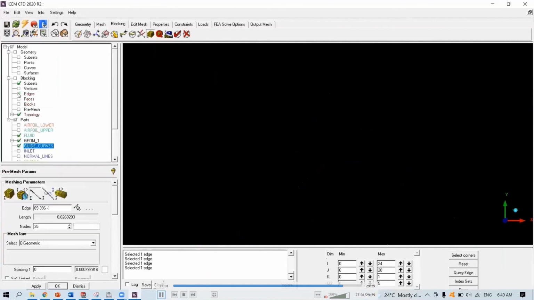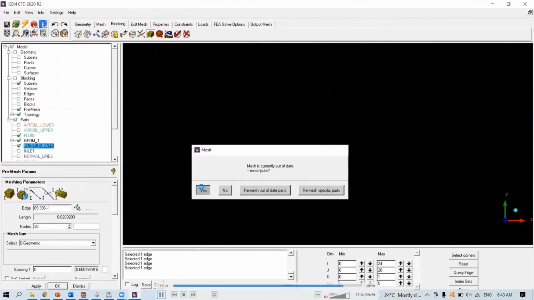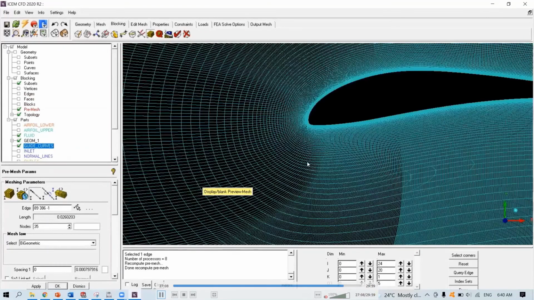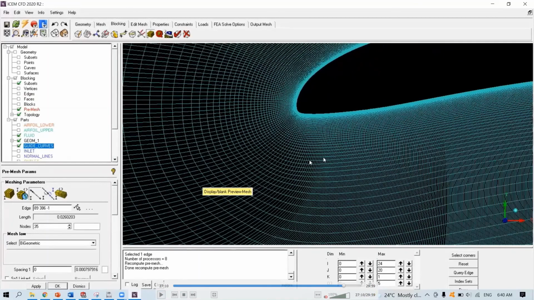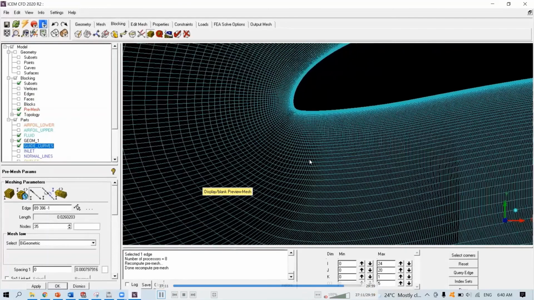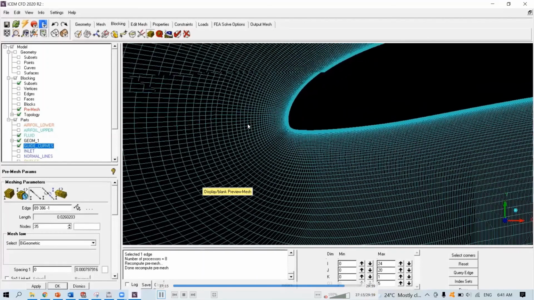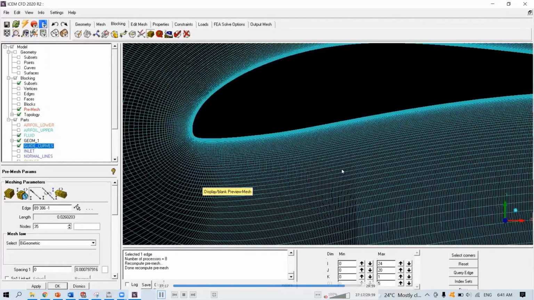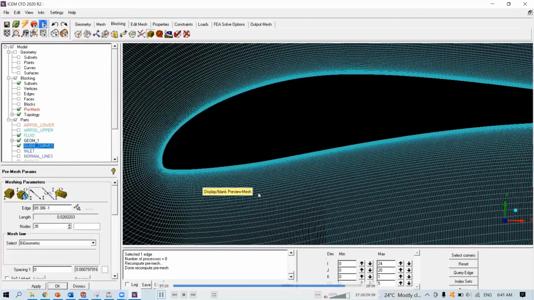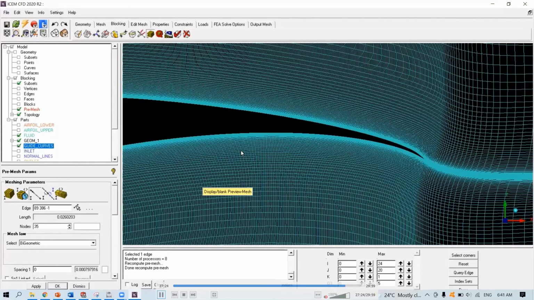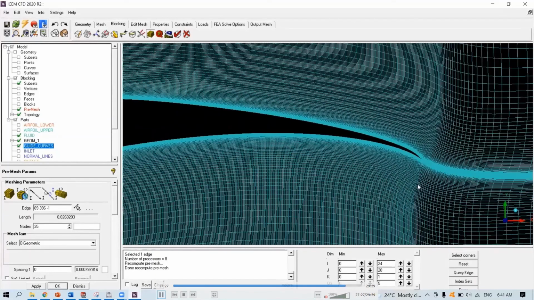Now we can turn off the edges, we can pre-mesh. See, now it's growing much more gradually, right? From high concentration to lower concentration. Okay. Everything's growing smoothly.